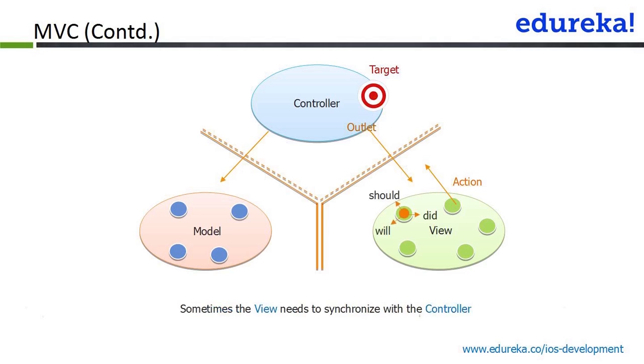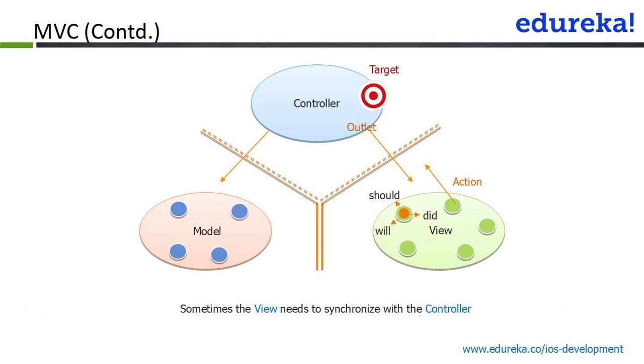And sometimes you have different points at which the action will occur. So that has to be synchronized by the view with the controller. So there can be instances where the button was clicked or will be clicked or should be clicked. So there will be three different cases. And if you see in your code,